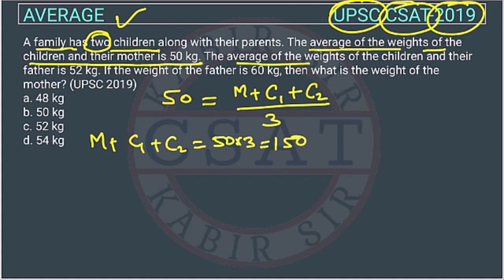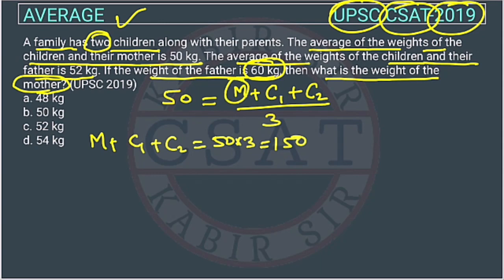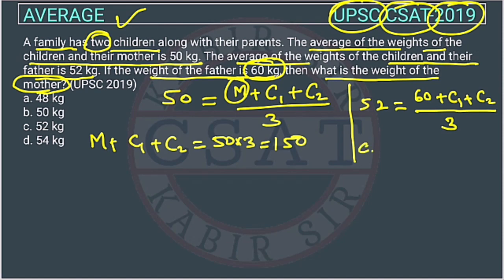Now the average of the weight of the children and their father is 52 kg. If the weight of father is given as 60 kg, we have to find out the weight of mother, M, right? Now from the second, the average weight of children and their father is 52. So what is given? 52 is equal to father weight 60 plus C1 plus C2, the weight of children will remain the same, right? And total 3, this is given. So now C1 plus C2 is equal to 52 we will multiply here. So it will become